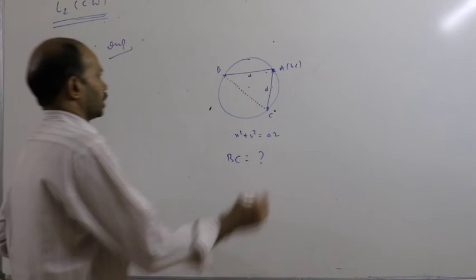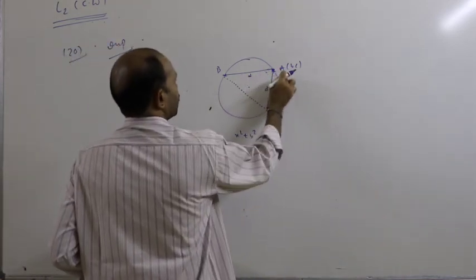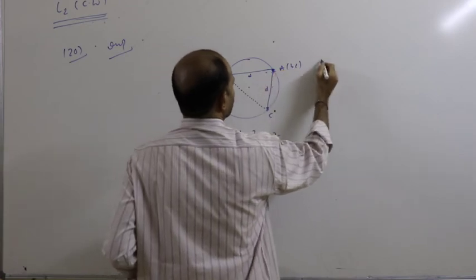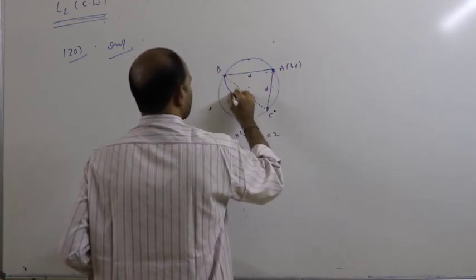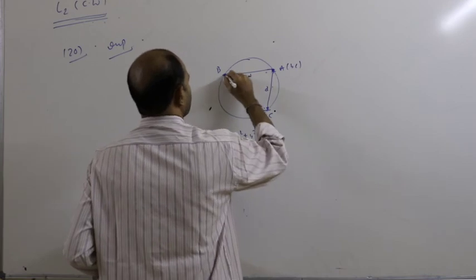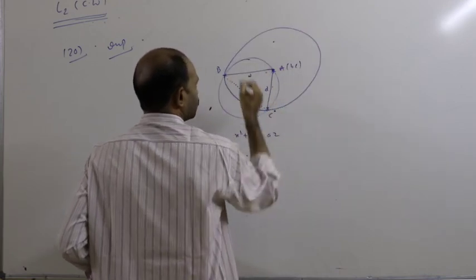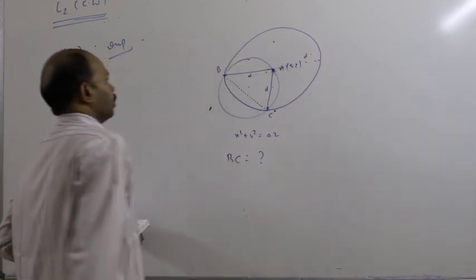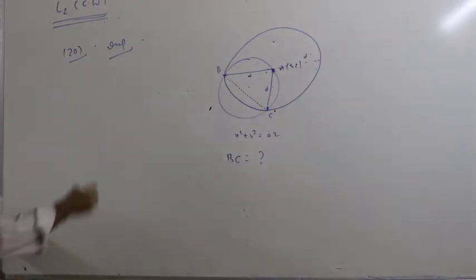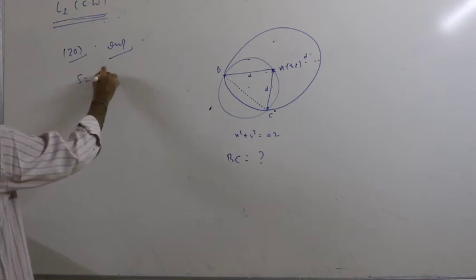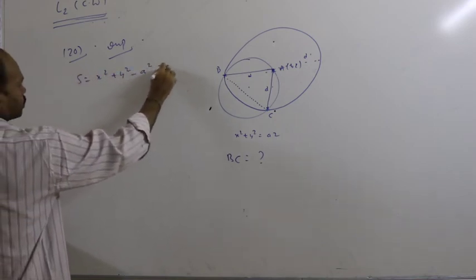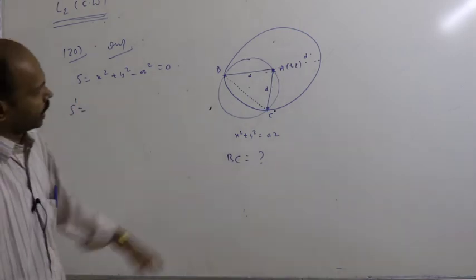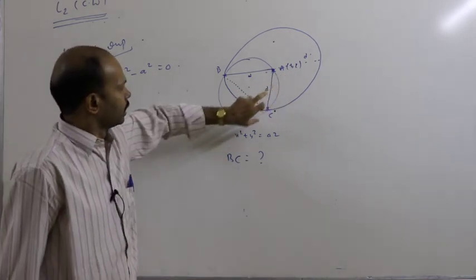Now let us consider a circle with A as center and D as the radius. D is the radius, so it is extended up to this, and we frame the circle like this. Now this is also of length D units. Now what is the equation of one circle? The given circle equation is x square plus y square minus a square is 0. I am writing S dash. S dash we are framing with this A as center and D.